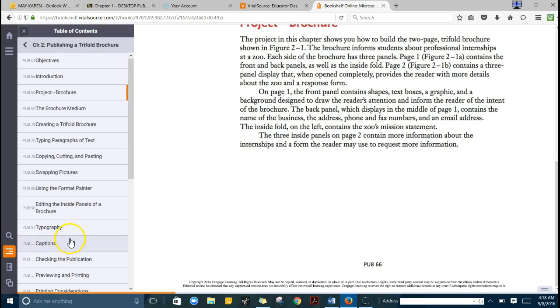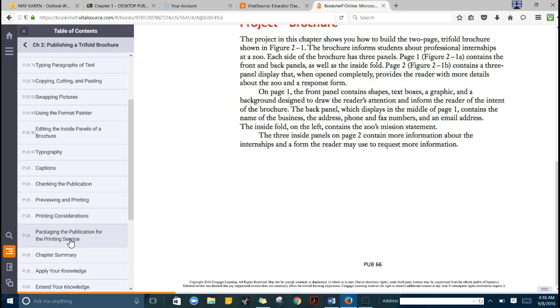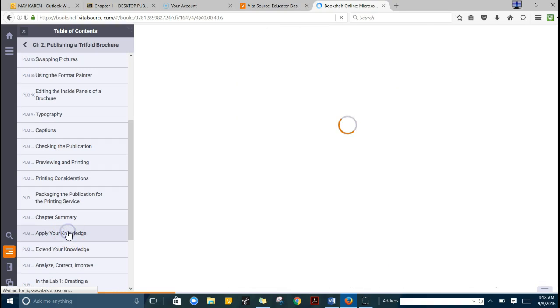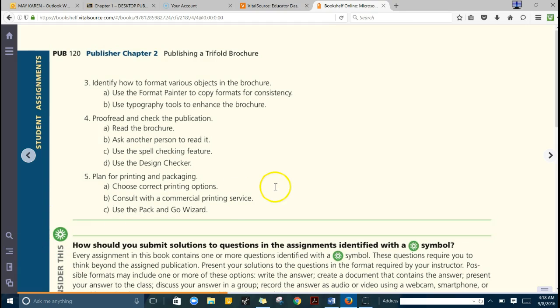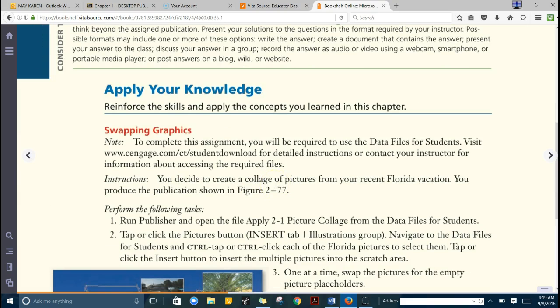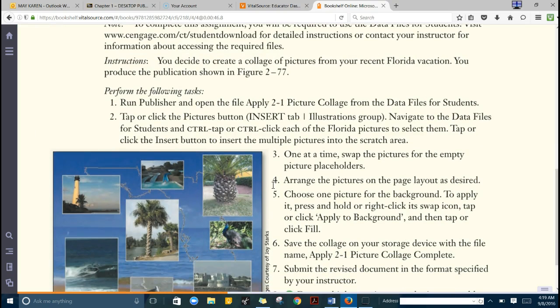Once you've read the chapter, at the end of the chapter are the assignments. The first one is Apply Your Knowledge. And there's an image of what it'll look like when you've finished all the instructions. In this case,